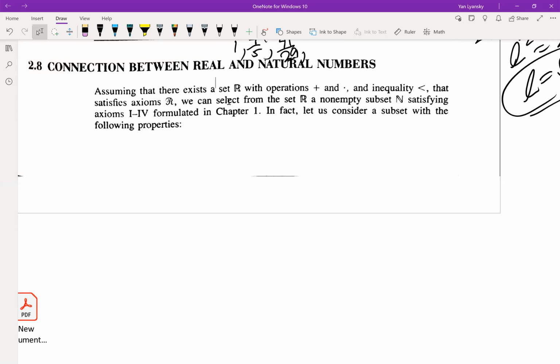All right, so we can select from the set R a non-empty subset N satisfying axioms 1 through 4. Is that okay? So the subset N will still inherit all the axioms, well, at least axioms 1 through